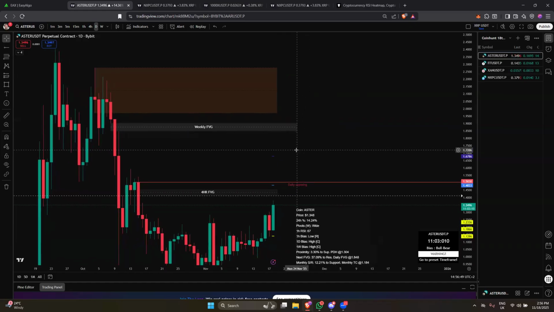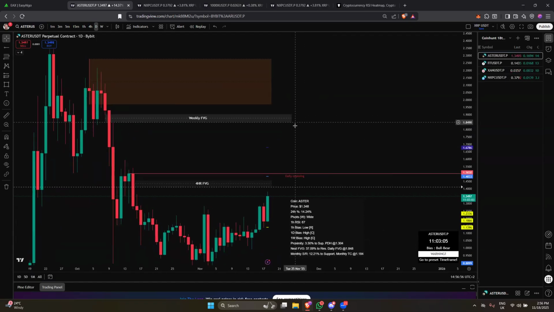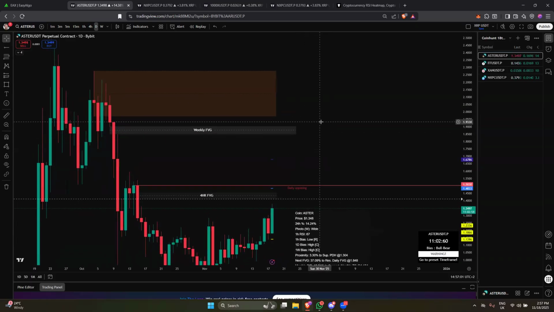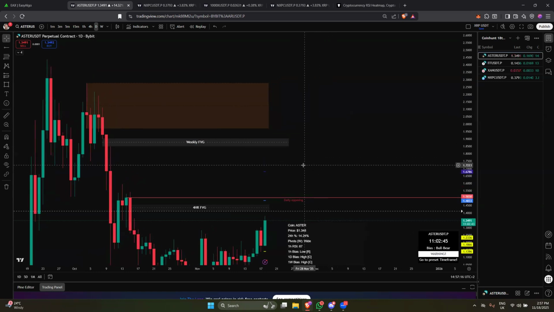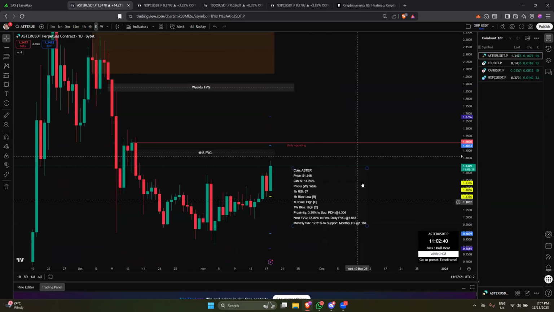So it can be a little bit more devastating. Basically, all I've done is try to find a way to eliminate that. If I enter 3 or 4 times into a token where I can get all those criteria, say it sweeps this, drops, but then continues, sweeps again, then drops, and I get tapped out twice, I've lost perhaps maybe 10%. But eventually once I've grabbed it and the continuation, as it goes to the downside,